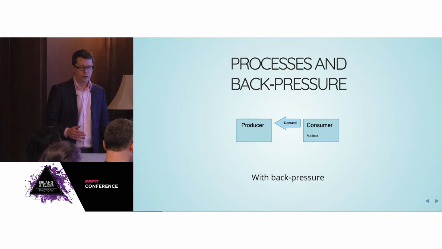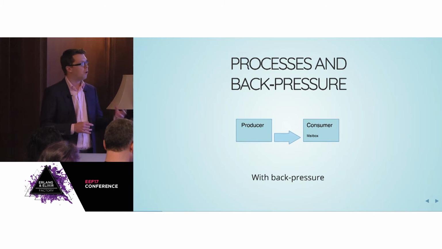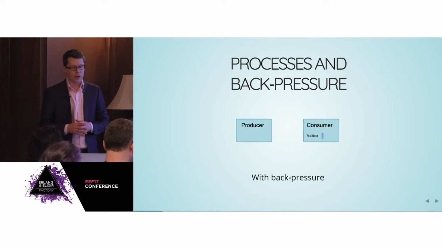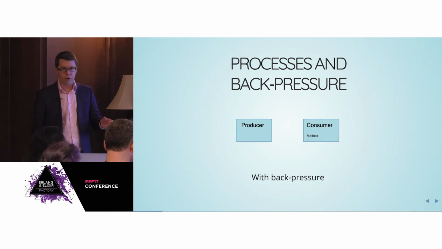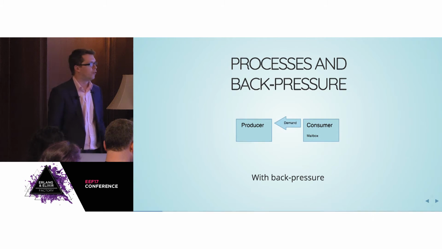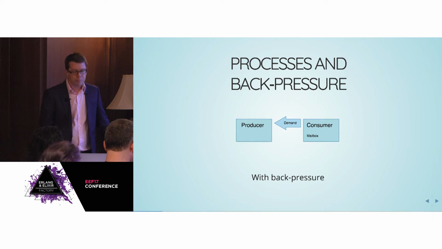In contrast, the model that GenStage is using for back pressure is to have the consumer actually make a request of demand from the producer, and it will say, I can handle 5,000 messages right now, send them over to me. So the producer will send those messages, as many as it can, no more than that number though. They'll sit in the mailbox, the consumer will work on them one at a time, and when they're done, the consumer will ask for more, make more demand.